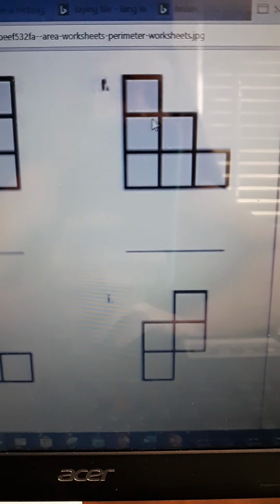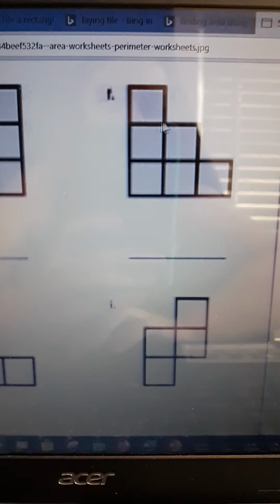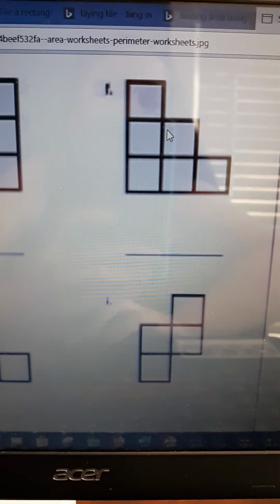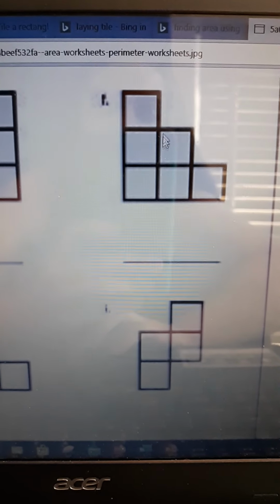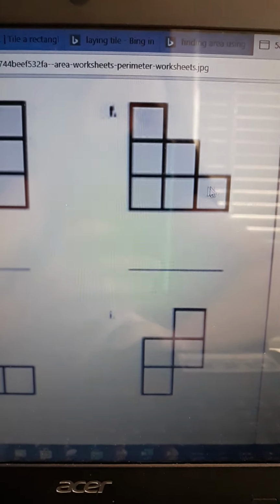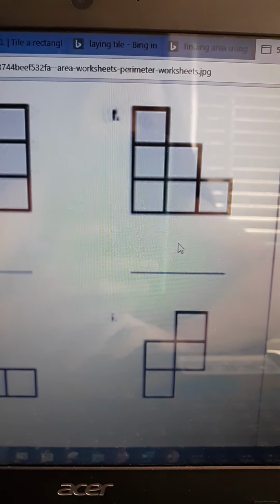Okay, let's look at the next shape. All right, let's switch, and now instead of saying feet, let's say inches. Let's say these are 1 by 1 inch. They're 1 inch by 1 inch. So we're going to see how many tiles it takes to cover the surface area. 1, 2, 3, 4, 5, 6. So this is a 6 square inch